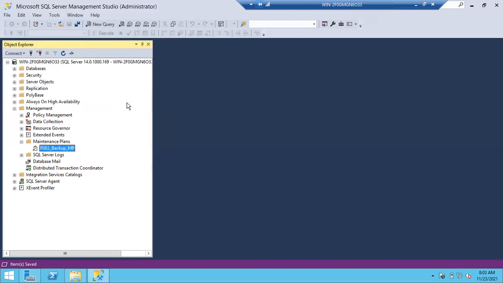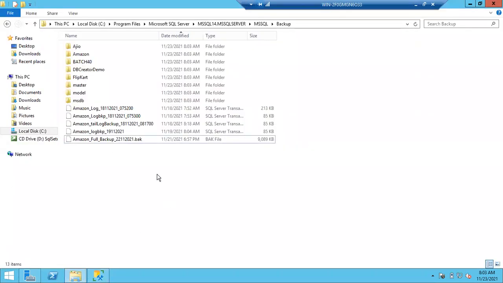Let's go here and check how many database backups are there. Earlier, has anyone observed how many files were there? Almost 15 files, I guess. Now you can see the 17th date backups are deleted. There are no 17th day backups, because once the 17th was completed, it was deleted. Using this maintenance plan, we have the delete maintenance plan task, and because of that task it deleted all the backups older than 3 days.